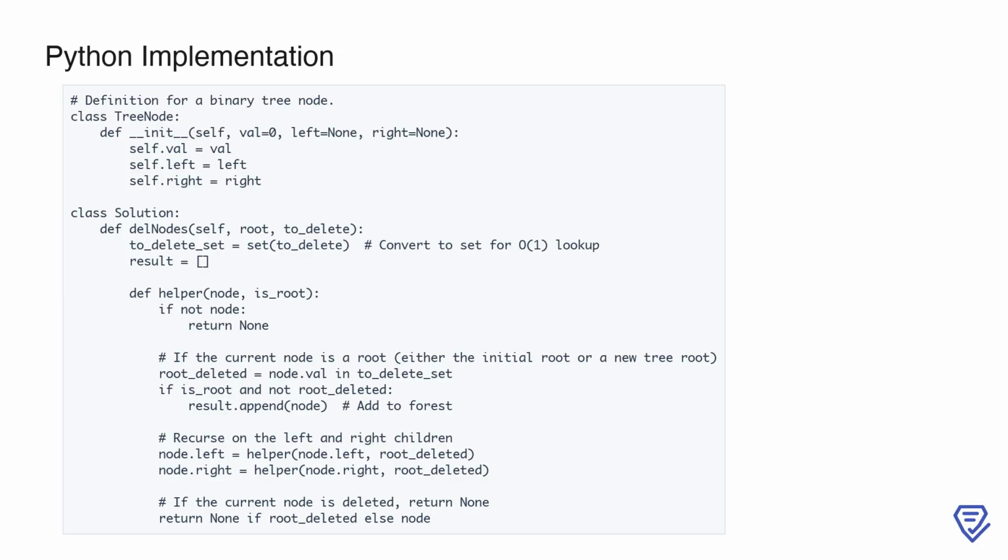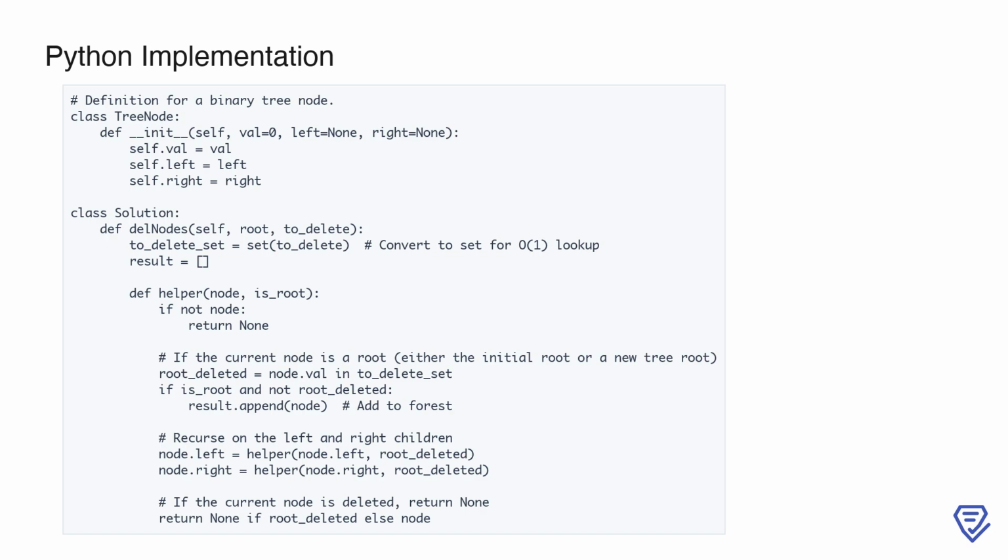Additionally, if the node is a root and is not marked for deletion, we append it to the result list as it represents the root of a new tree in the forest. The recursion continues as we call the helper function on the left and right children, passing the root_deleted flag to indicate if the current node is being removed. Finally, if the current node is deleted, we return None, otherwise, we return the node itself, allowing the tree to